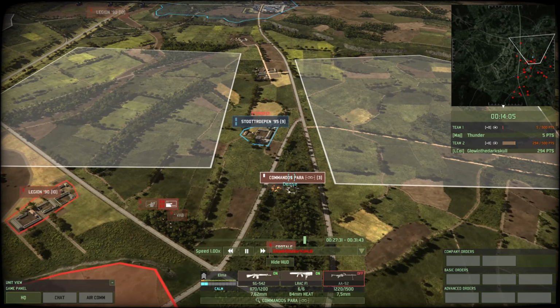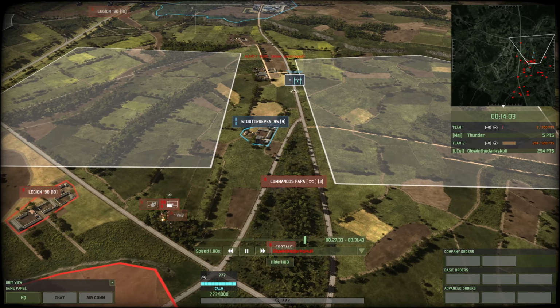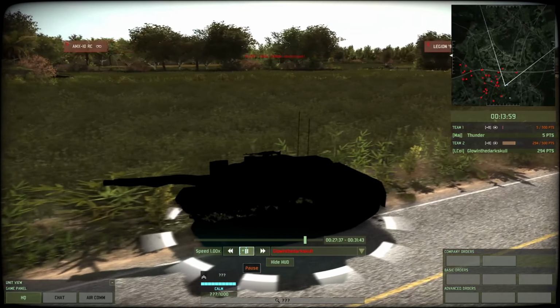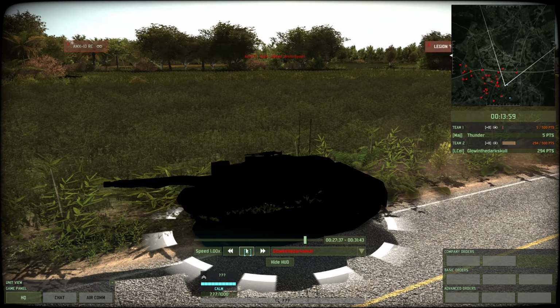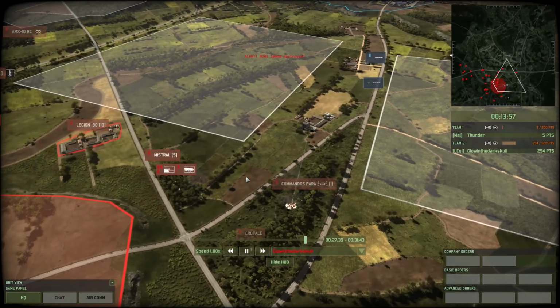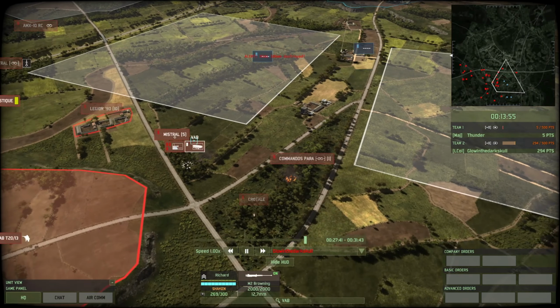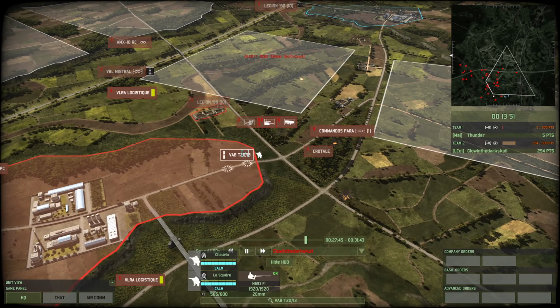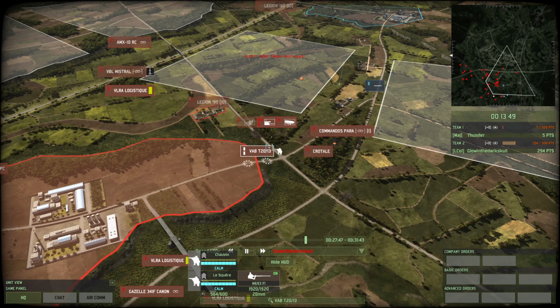And the Commando Para pulling back slightly. There is a bit of trouble coming in. That is a Recon Leopard. You can just make out the camo netting around its barrel. So that is a bit more than my recoilless rifles can chew off. I'm going to need something else, and something else is already coming in the form of a couple of